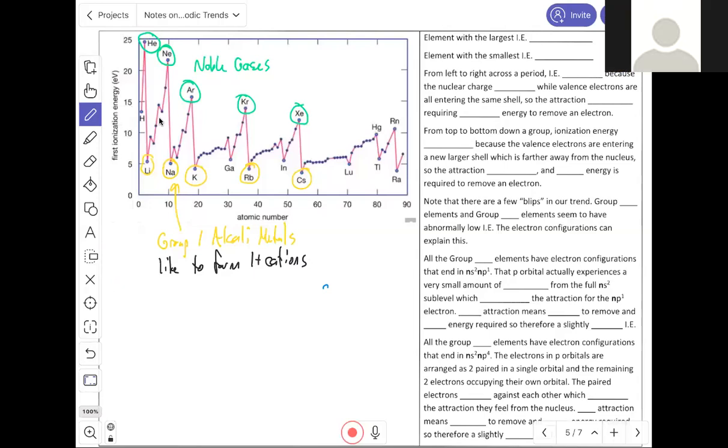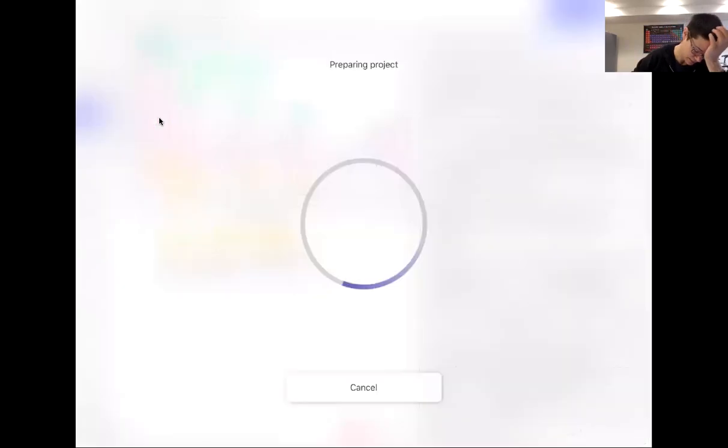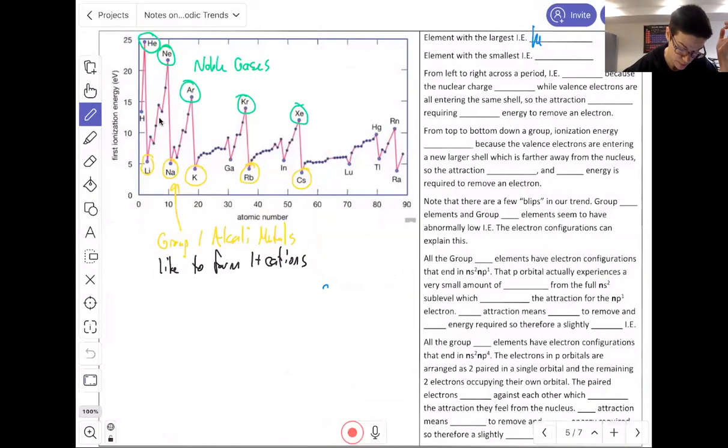Helium. All right, and that should make sense because helium is the smallest and actually has the highest amount of Coulombic attraction. So that means helium is up at the top and the right-hand side. And the element that seems to have the smallest